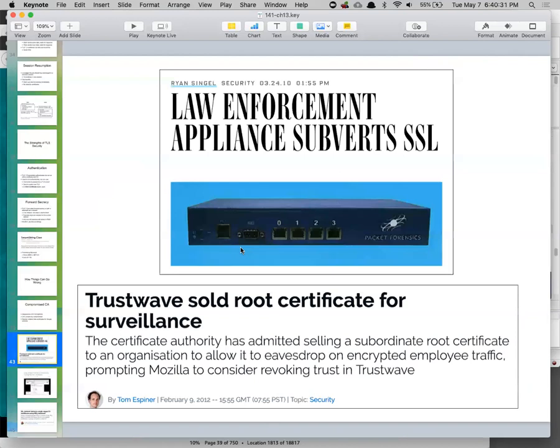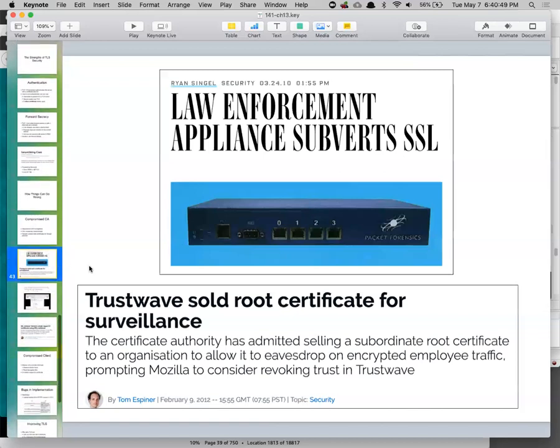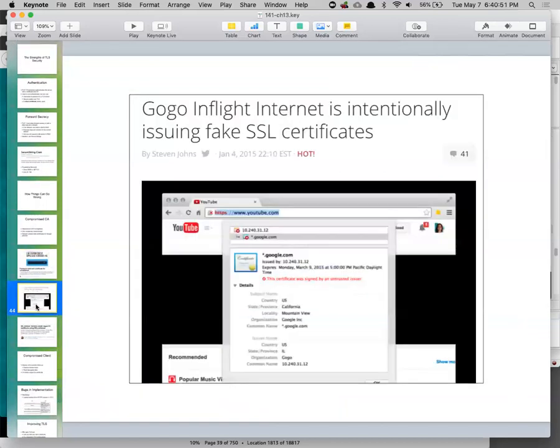So when you look at that trust chain that Cloudflare had, where you trust this Cloudflare because the bigger Cloudflare vouched for it, if the bigger Cloudflare sells it to random third parties, then you really don't know. That really doesn't provide the security you might want to think it does. And so anyway, people have been arguing, screaming, and yelling at each other about this for a long time without a clear solution. But that certificate chain is not as beautiful as it should be. Here's GoGo In-Flight, which was seen giving fake certificates to everybody, and they were trying to explain that this was just for harmless surveillance to make sure you're not doing bad things or something. We're not really snooping on you. Well,